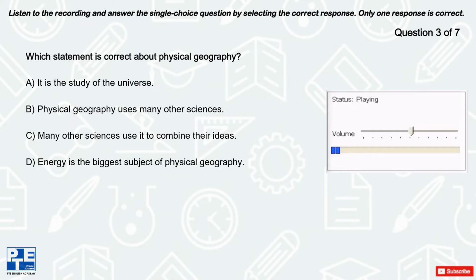Hello. My name is Jenny Smith. I will be your physical geography teacher for this semester. Since this is your first class, I want to talk about what physical geography is. What is physical geography? Does anyone have any ideas? Basically, it's a science about the Earth, but it differs from others in that it uses ideas from other sciences profoundly. For example, you will find information from chemistry, biology, climatology, astronomy, and many other sciences.